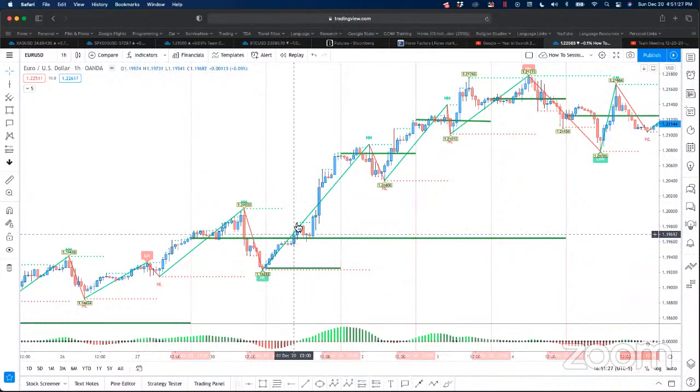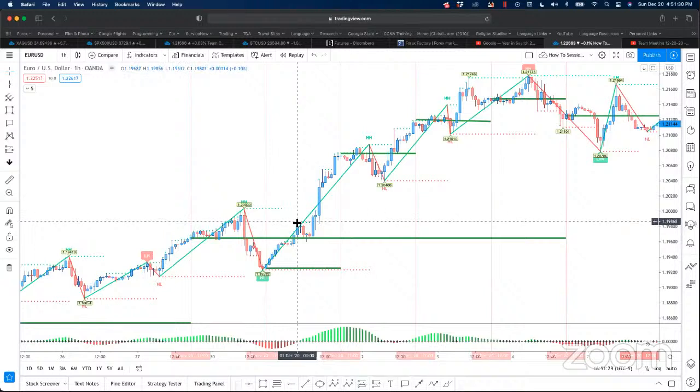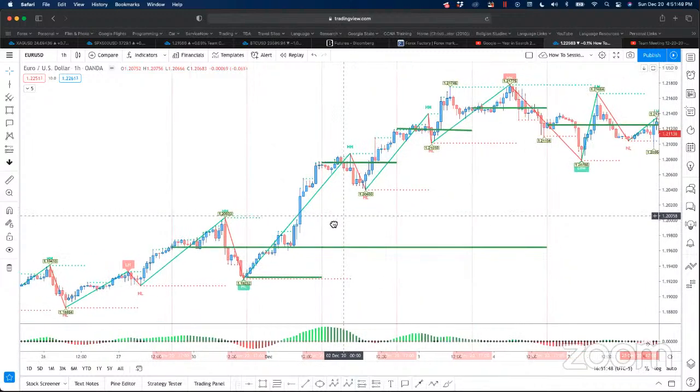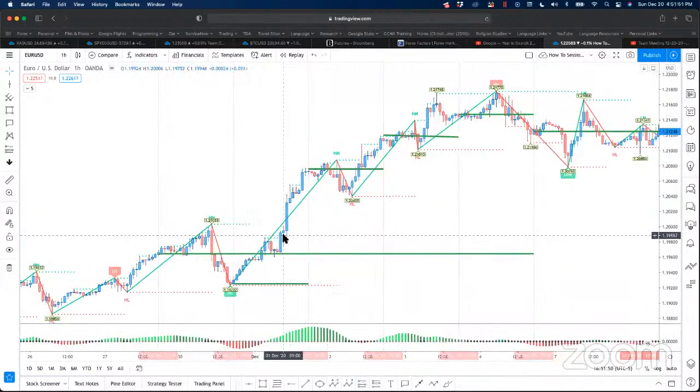This high happened during London, this held during New York. Your entries over here at 8. If you missed this candle, you had a re-entry candle right here at 9. You had a continuation candle at 10, and you get in the trade right here. If you miss this, right,